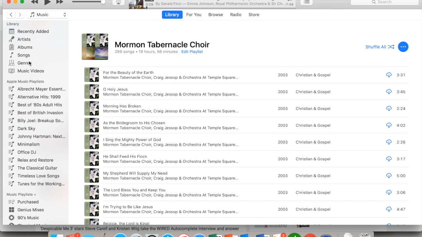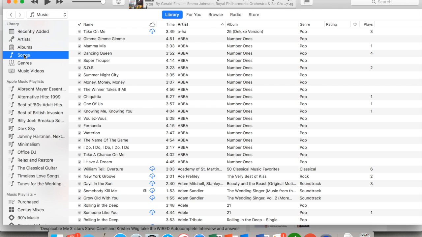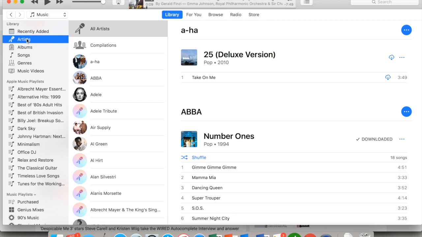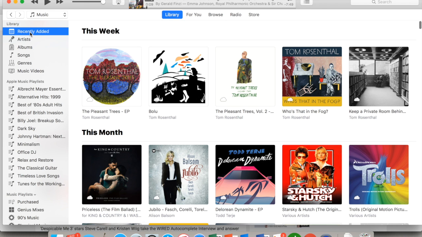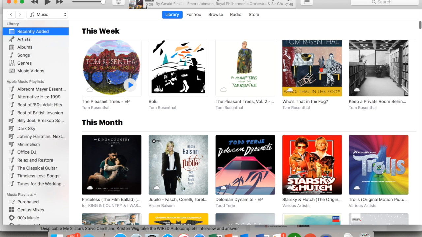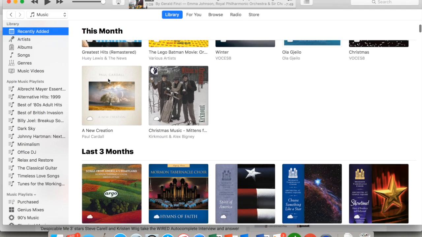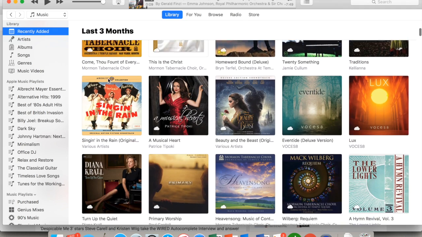And then here's your library. If you want to see your songs, like an older view of what you're used to with iTunes, there it is. Albums, artists, etc. And then this is kind of cool. As you continue to add music, you might wonder, where did all that new stuff go that I had? You just go to recently added, and it brings all of it up. Kind of a neat little deal. So these are some of the things I have